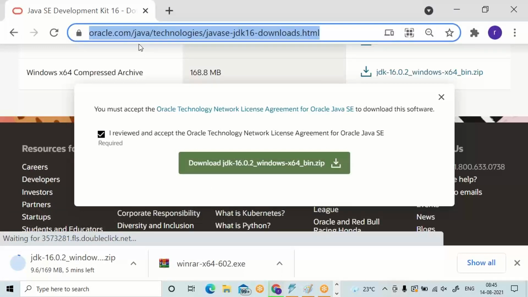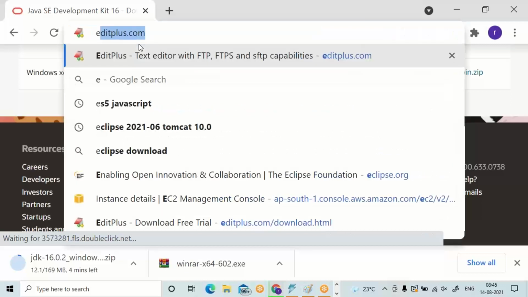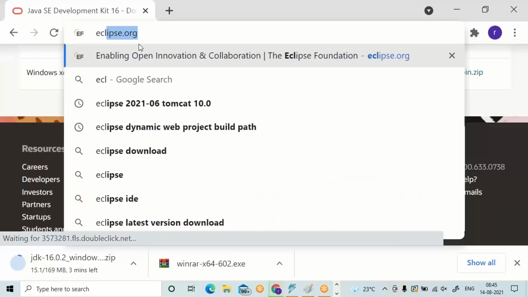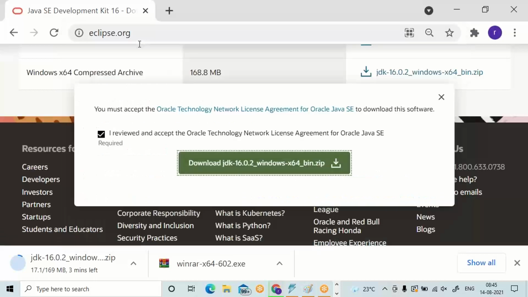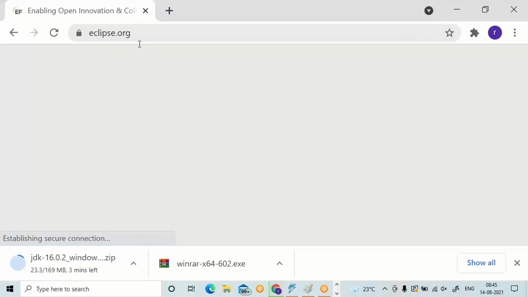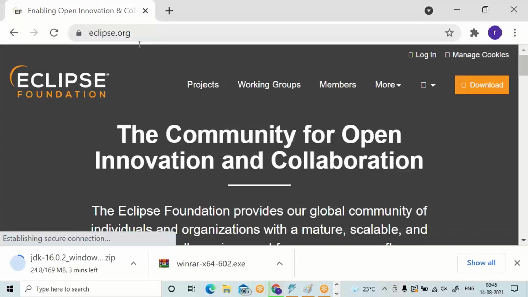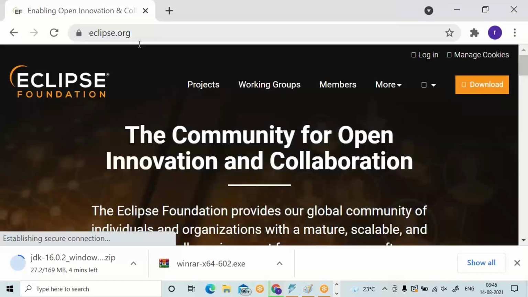Come to the last one, Eclipse.org. Click on download.